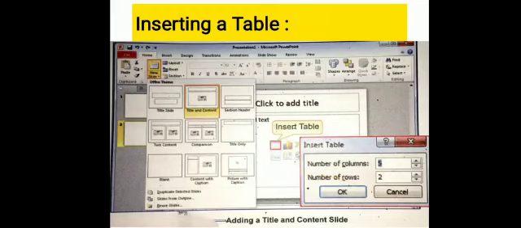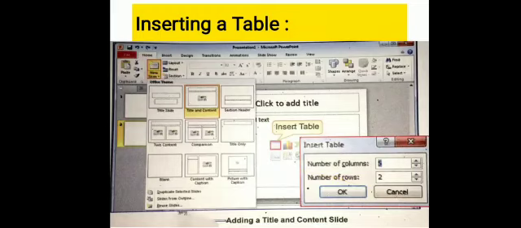Now click on the Insert Table icon that is present on the slide. The Insert Table dialog box will appear. Here you have to define the number of rows and columns and then click OK. Then a table will be displayed according to the defined rows and columns. Okay. One more method is there for inserting a table. Click on the Insert tab and then select Table. Then various cells are given. You have to draw the table, or select the number of rows and columns. Okay, so these are the two methods for inserting a table in PowerPoint.